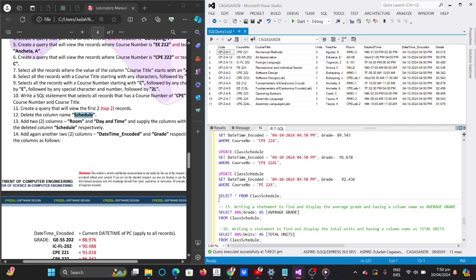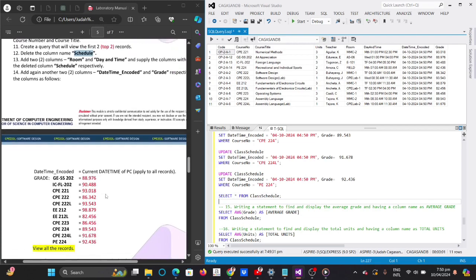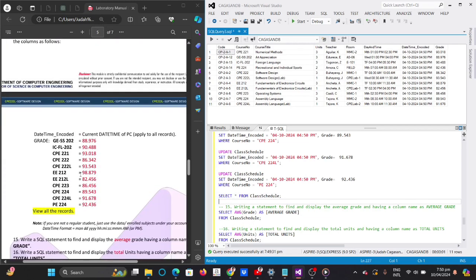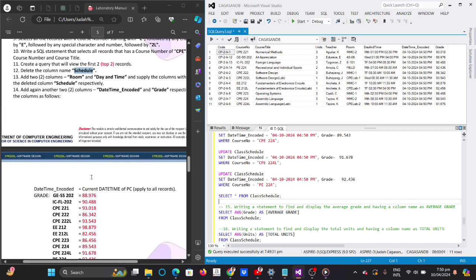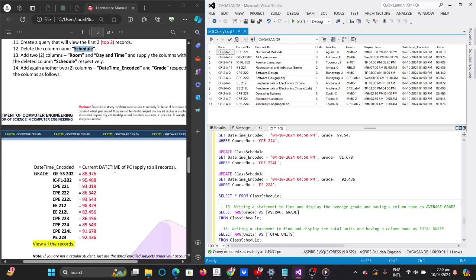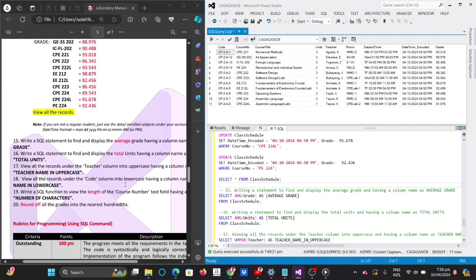So as to the values that I have added, this is based on this task and also the current date time of my PC earlier, the 4:40 p.m. Then the date of the day, and then without further ado, let us go to the